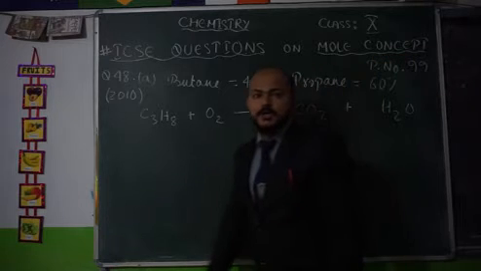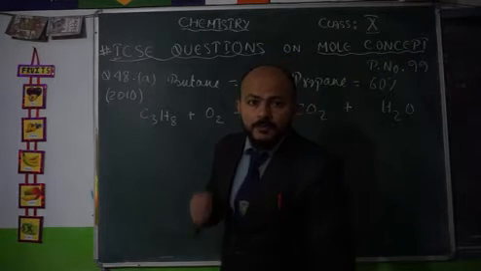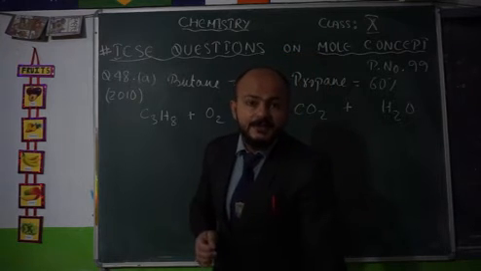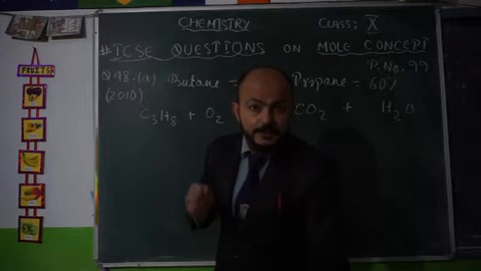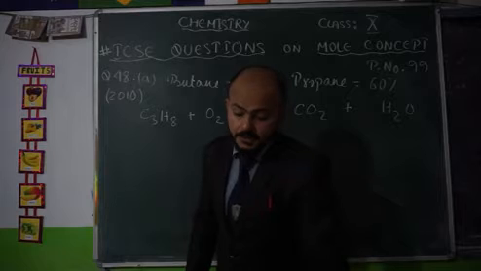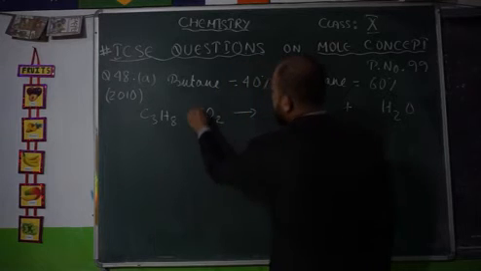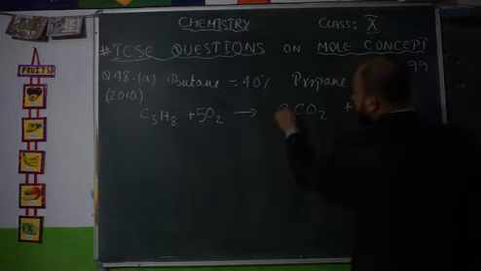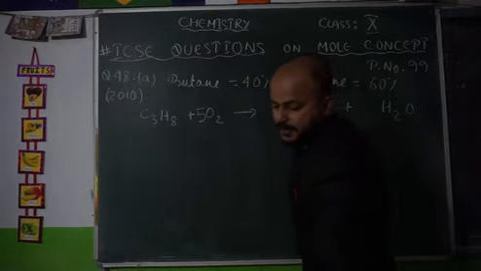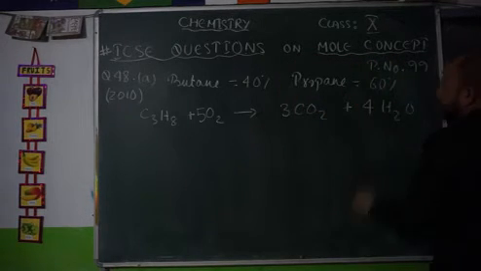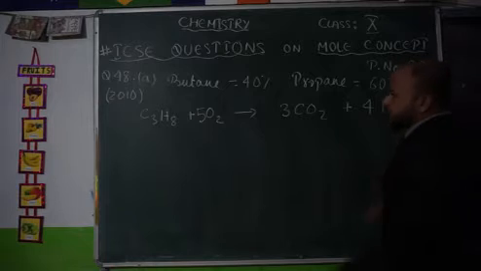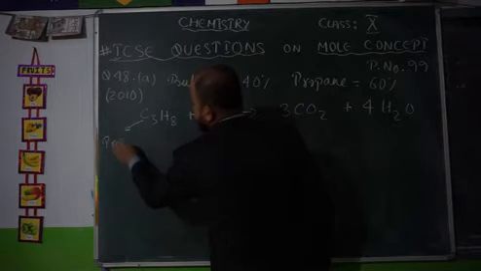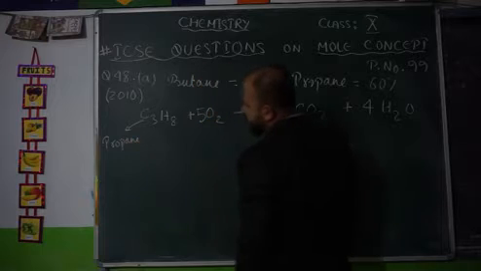And as I told you, for solving your problems on this concept, these equations need to be balanced first. So listen carefully, it has to be balanced first. Okay? So they have given us the balanced equation: 5 molecules of oxygen, and 3 moles of carbon dioxide is produced, as well as 4 moles of water. So this is your propane. This is propane. The next equation that we have is